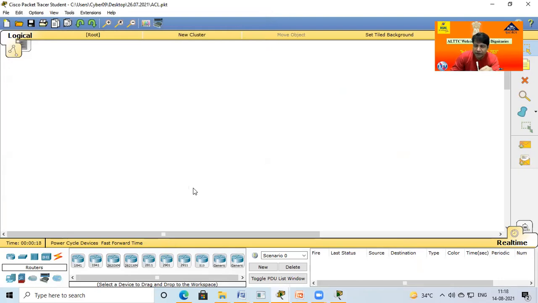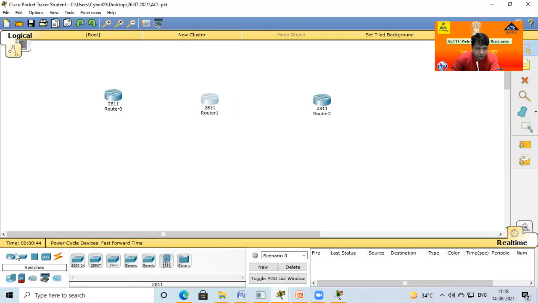In the job aid, the security commands are directly implemented, but before implementing security, we require a complete network without any restrictions. So in this case, I just take three routers, 2811 already, because this router is sufficient in our network. Every router has its own LAN, so definitely one switch is required. Just click on the switch and take three switches.